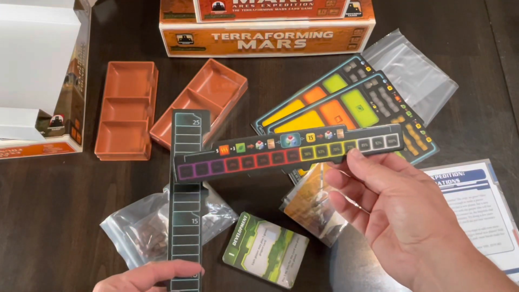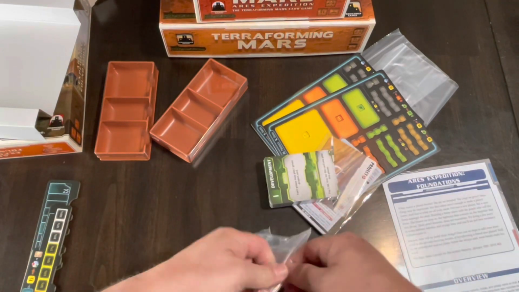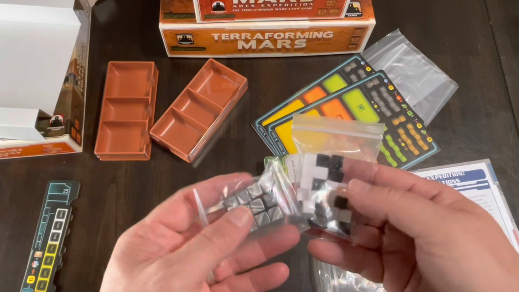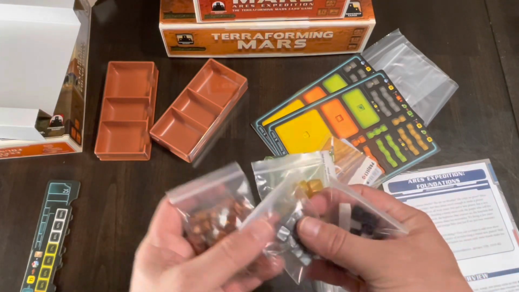Keep track of things there. They're cool. Nice, thick cardboard there. You get all your bits, so to keep track of resources and stuff. A bunch of plastic cubes, and these are nice plastic cubes. And these are to keep track of your resources, and